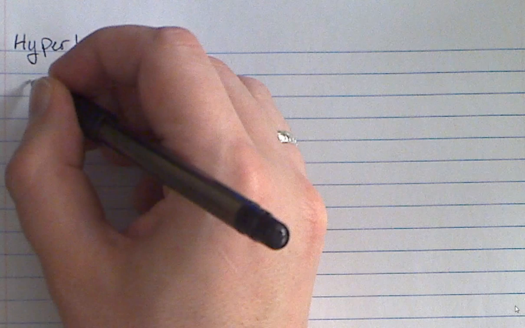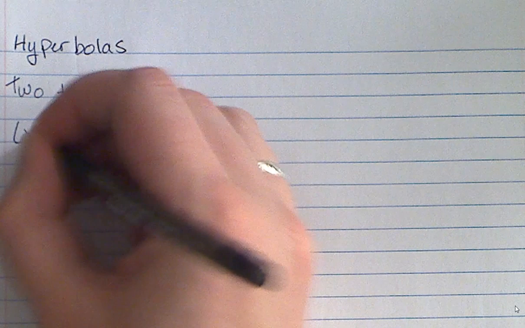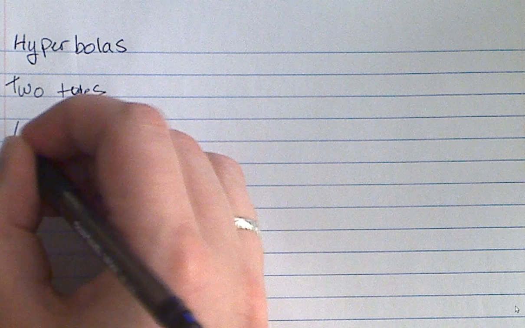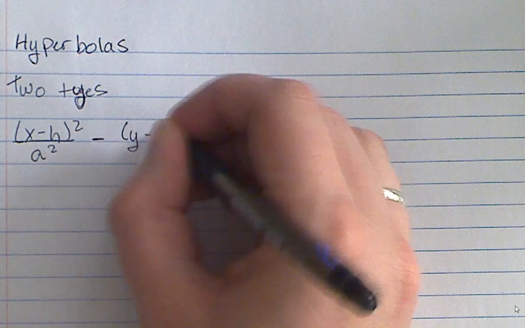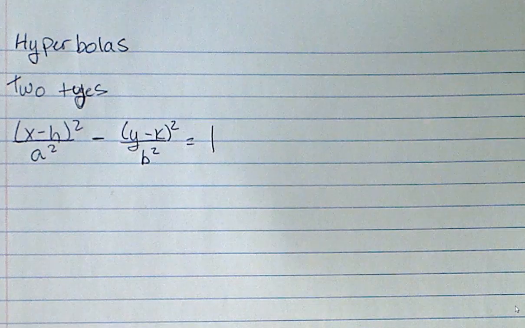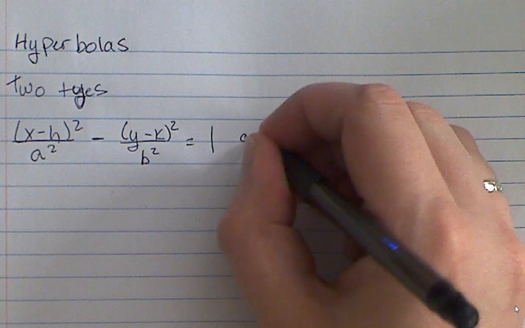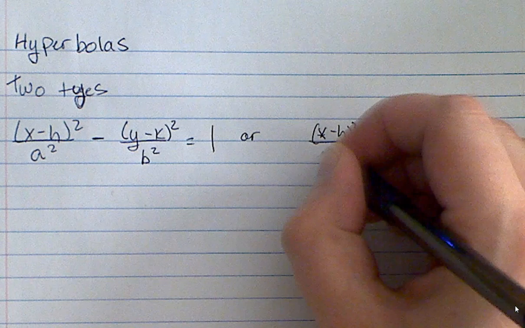It's going to look really similar to an ellipse, but it's slightly different, and that one difference we'll talk about here. So for a hyperbola, the two different types are x minus h quantity squared over a squared minus y minus k quantity squared over b squared equal to 1, or